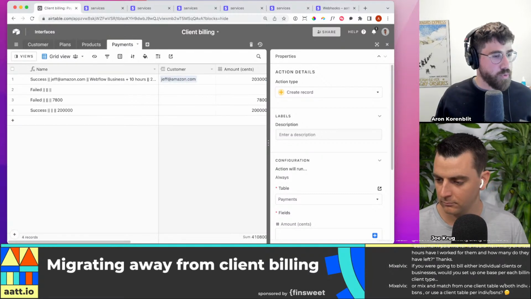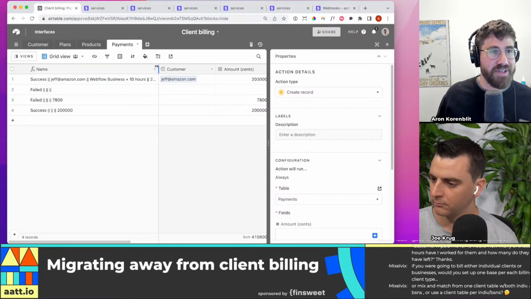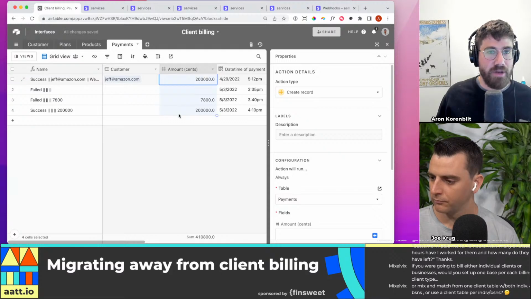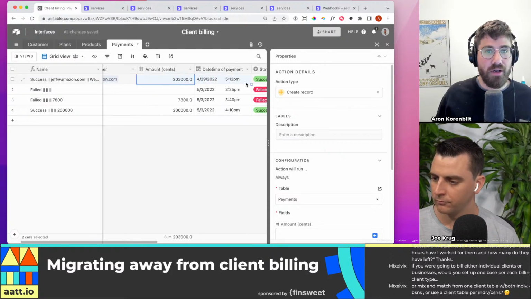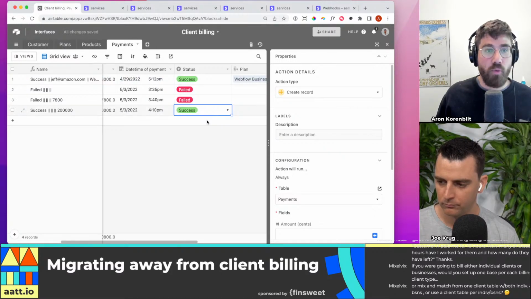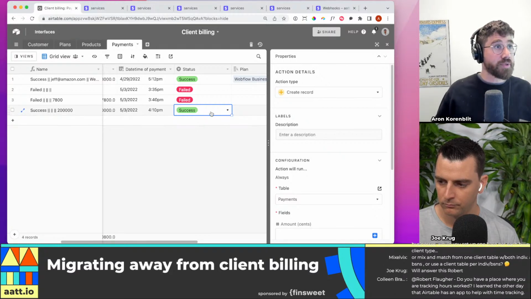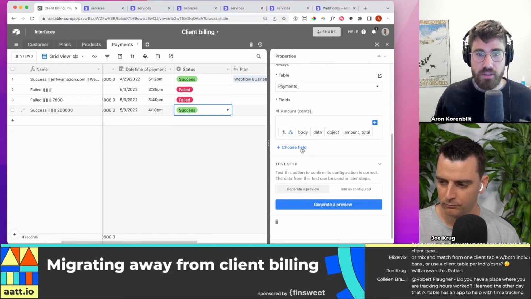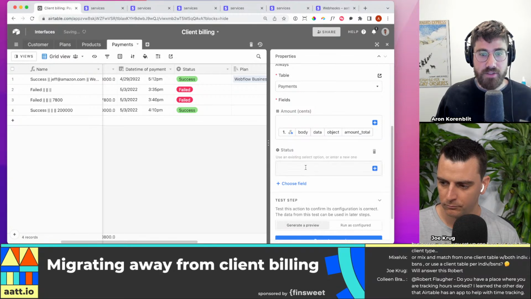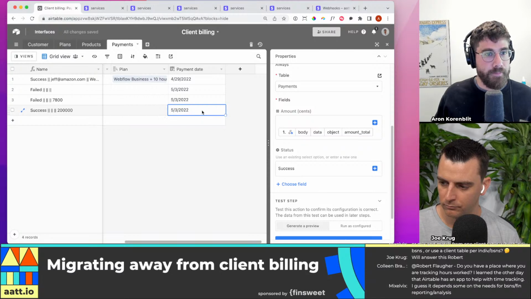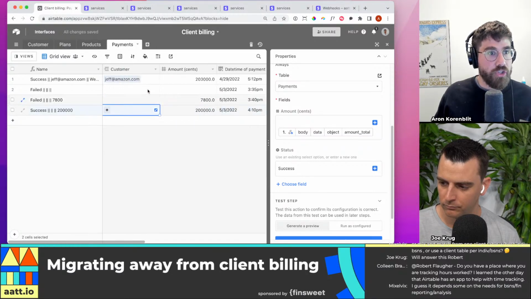Payments. Okay, so there are a lot of really interesting questions. I'm going to set this up and then jump to it. So then I want amount cents, status. I want success, right? So this is a correct payment. So I want status equal to success. And then I want to associate to the customer.